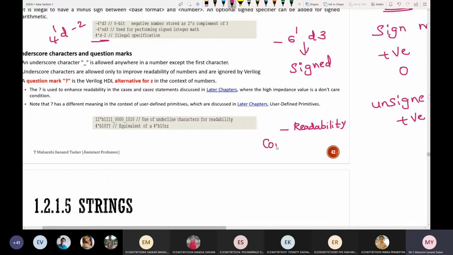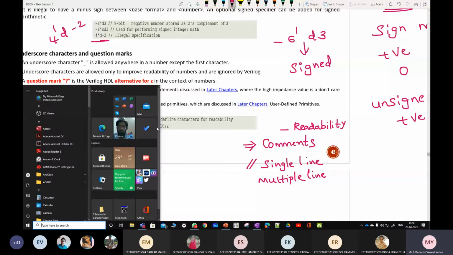What about comments? How many types of comments have you seen? Single line and multiple line. Single line means it is represented like this. Let me show you.